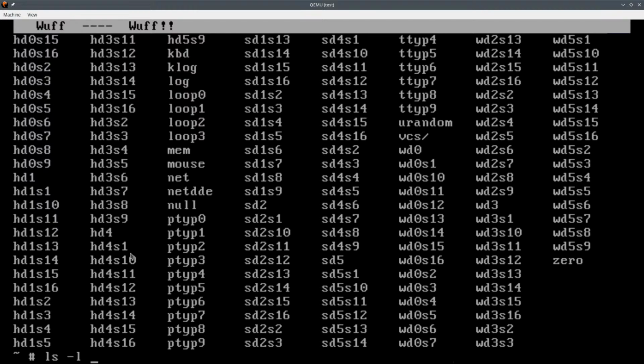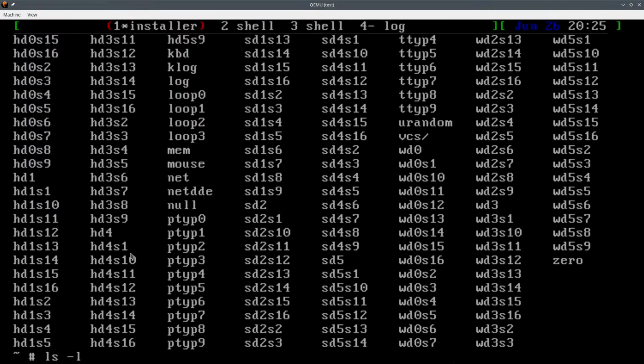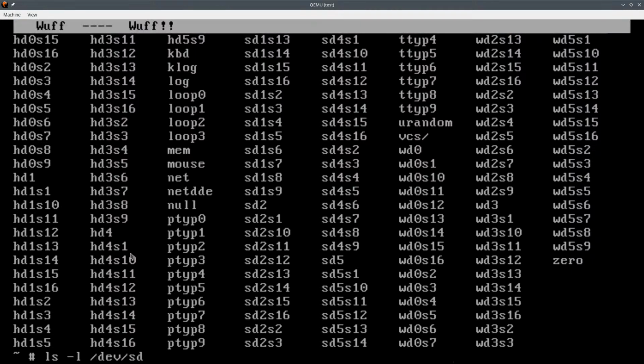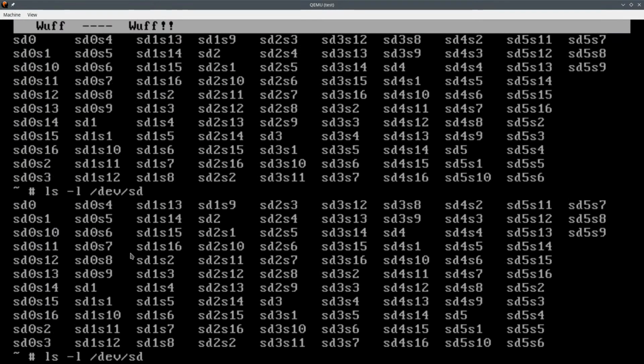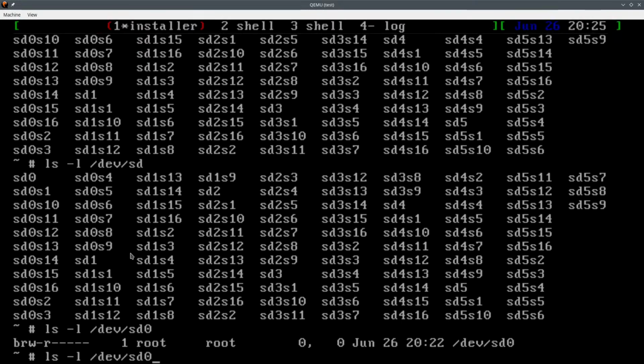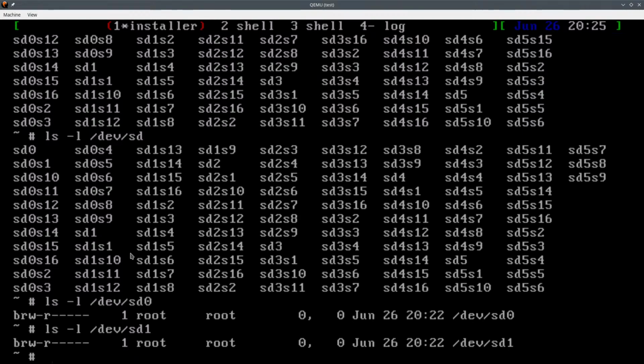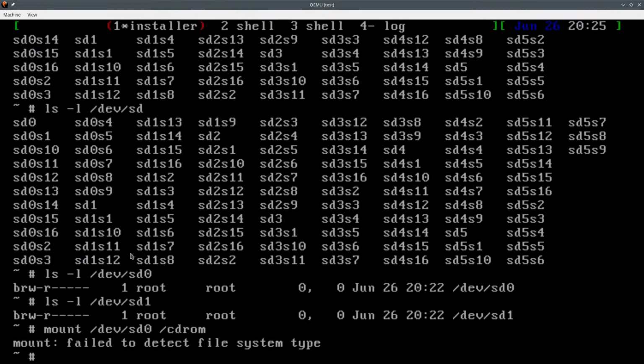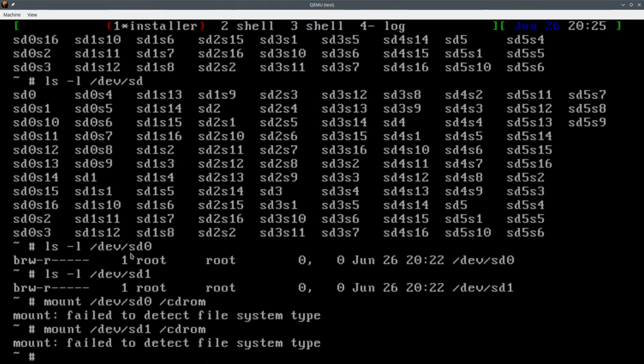Oh, look at that. I don't have so many disks. That's interesting. So usually in Linux you would do something like SD, but it might autocomplete with SD0, SD1. Will we be able to do any of this?